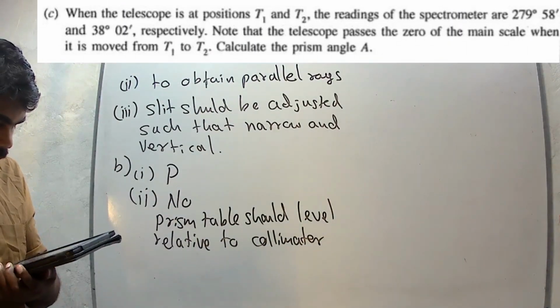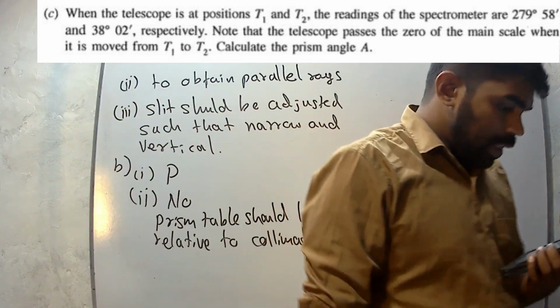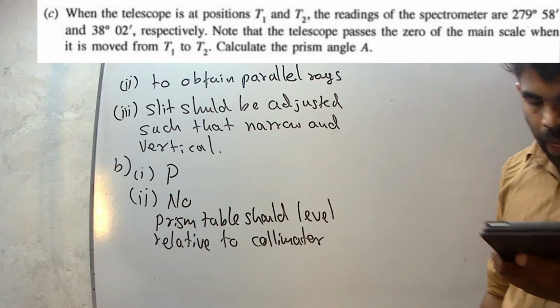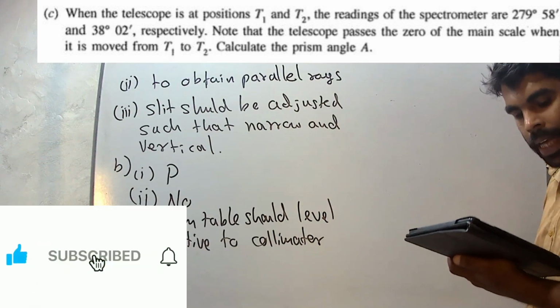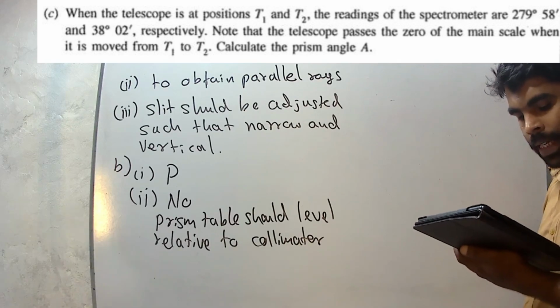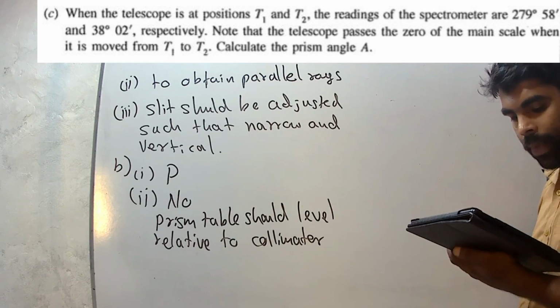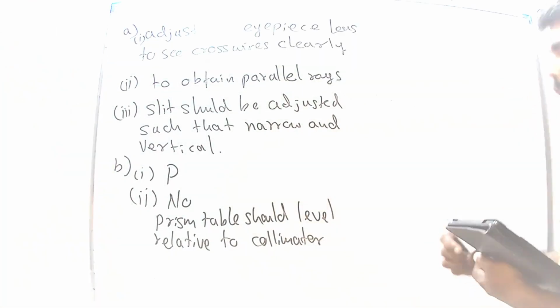Part C. When the telescope is at position T1 and T2, the readings of the spectrometer are 279 degrees 58 minutes and 38 degrees 2 minutes respectively. Note that the telescope passes the zero of the main scale when it is moved from T1 to T2. Calculate the prism angle. We know that